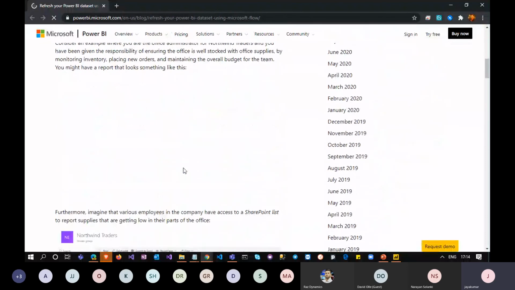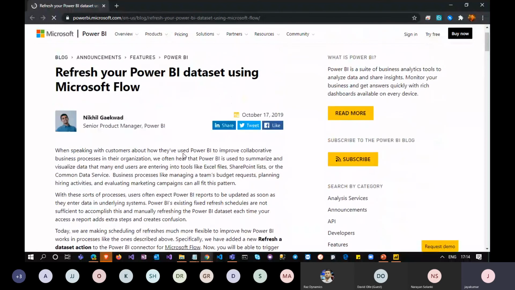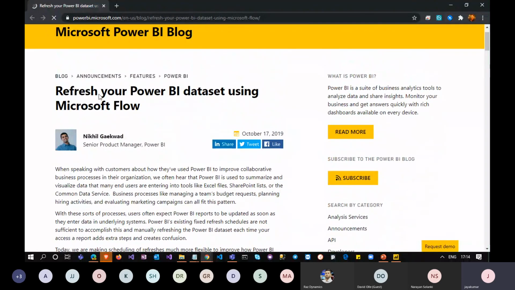Thanks, David. You quickly found us a thing. So yeah, I guess it should be doable. You should be able to refresh your dataset using Microsoft Flow. So apart from this limitation of 48 hours, if you use either Flow or Power Automate, you should be able to do it at any time. A quick find, David. Thank you, I appreciate it.